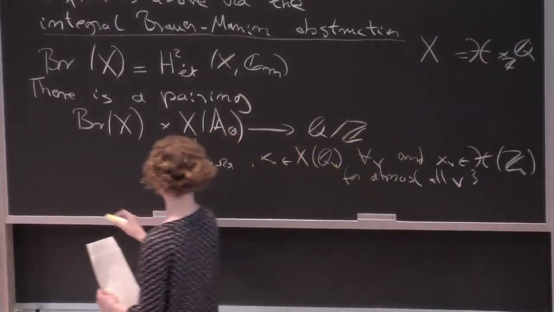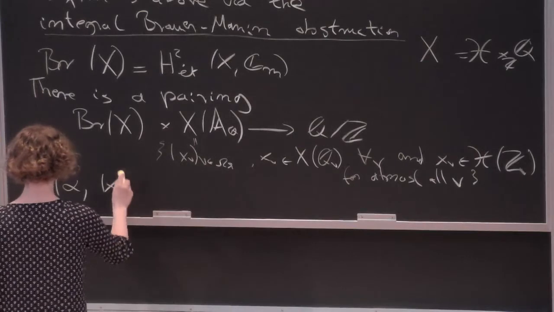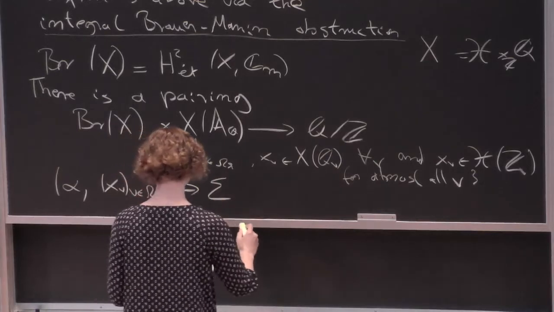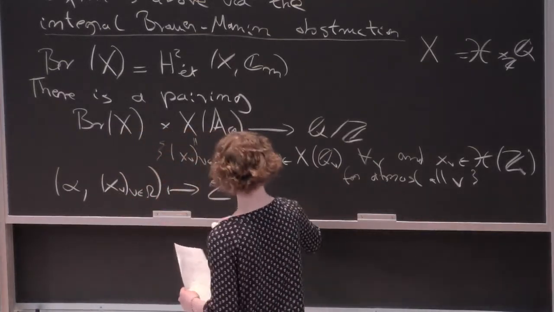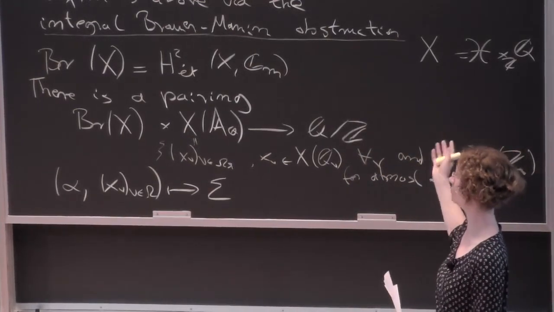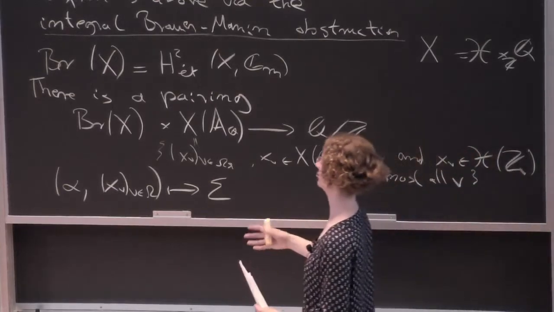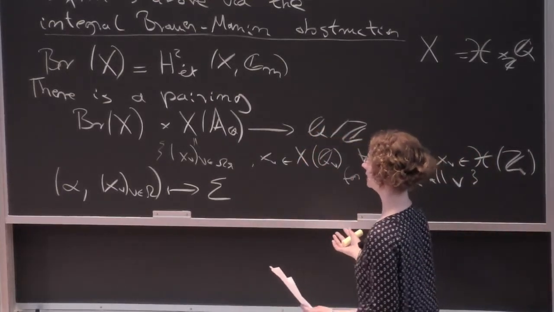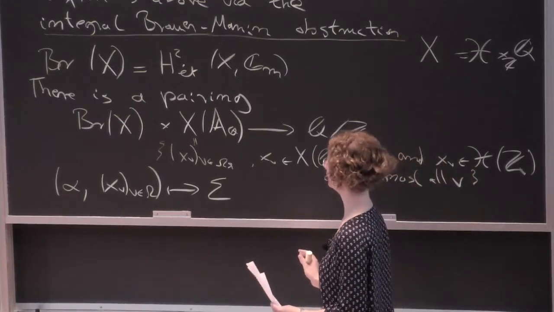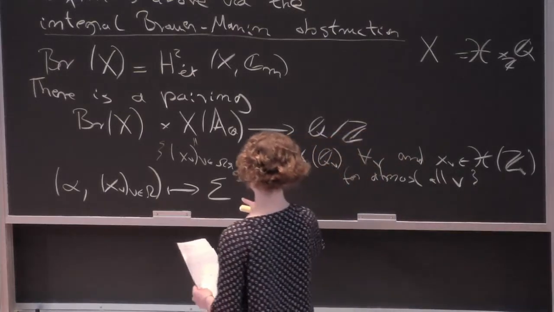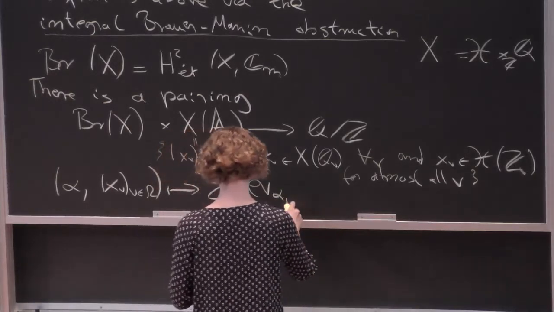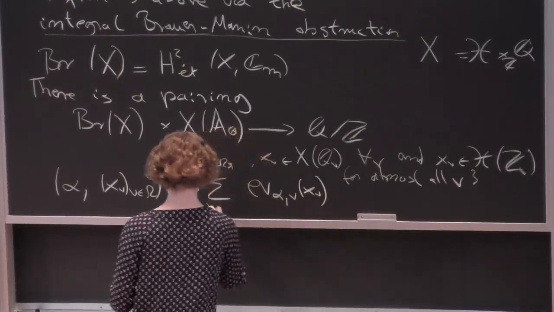And then the pairing is defined by you take an element in a Brauer group and such a collection of, say, local solutions to the system of equations. And what you can do is you can locally, for every x_ν, and formally it would be a morphism, say, from Spec Q_ν to the variety X, so you could pull back the Brauer class, get an element in the Brauer group of the local field Q_ν, the completion, which we know is for finite places isomorphic to Q/Z by local class field theory by the invariant map. That's exactly what you do here. So if you fix a place ν, then you can take the evaluation of this element at a place, and then you can sum up all the evaluations.